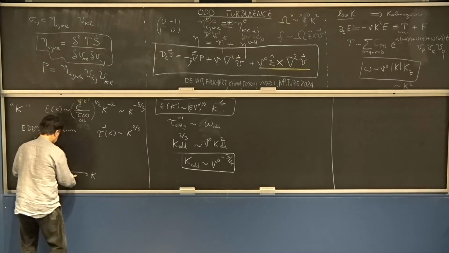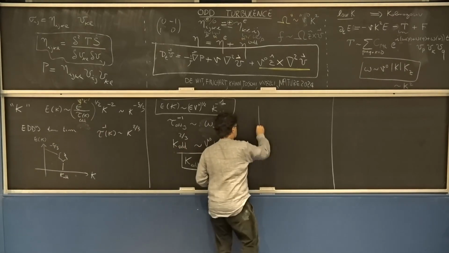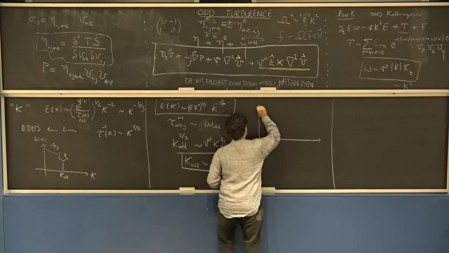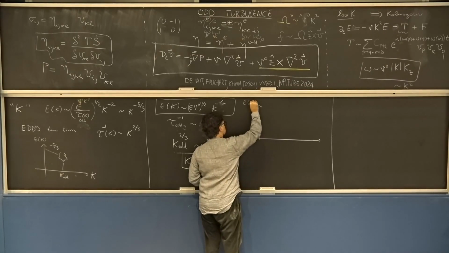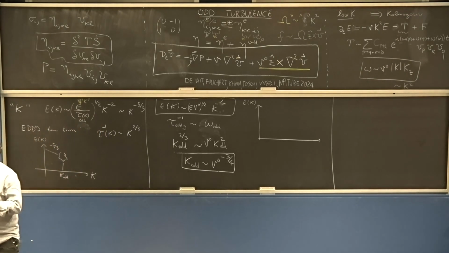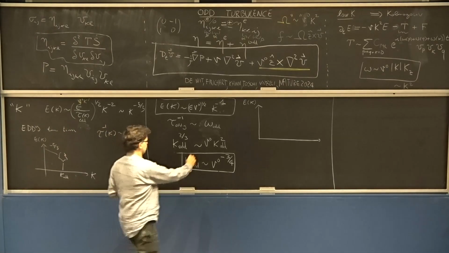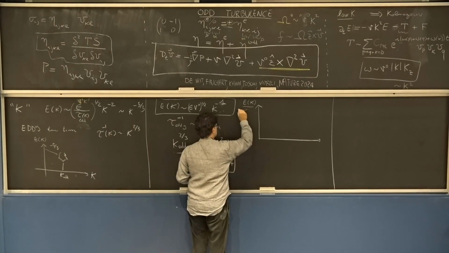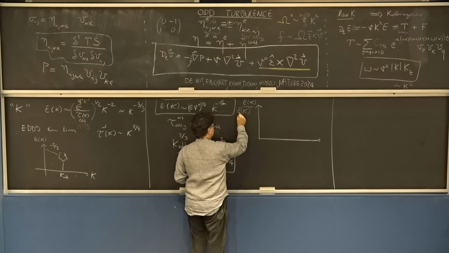It is saying, if all of this scaling is correct, and when I show you the numerics, I'm going to show you that it is actually quite useful to, instead of plotting the power spectrum, plot the power spectrum divided by the Kolmogorov spectrum. Because your idea is to see the deviation from the Kolmogorov spectrum that arises due to odd viscosity in different portions of k space. Okay? So if I do E(k) divided by Kolmogorov, and I don't want to write Kolmogorov, so I'm going to write